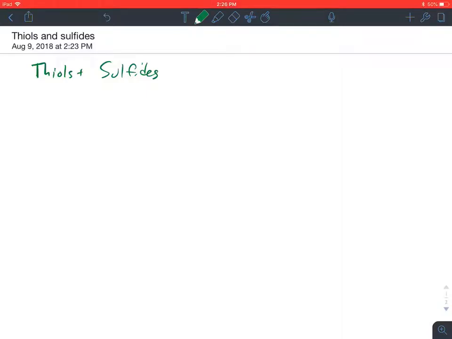Let's take a few minutes to discuss thiols and sulfides. A thiol is essentially the sulfur analog of an alcohol. So if we have this alcohol, we would call it 3-methyl-1-pentanol. We can compare that to this thiol, which would have the exact same name,